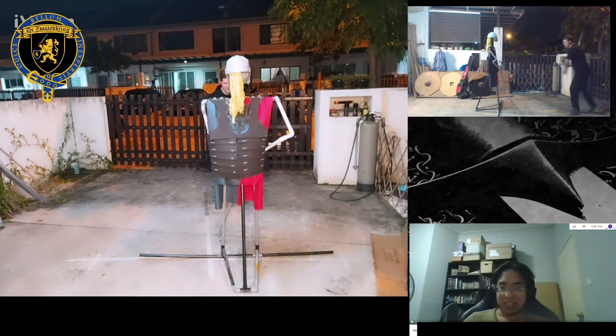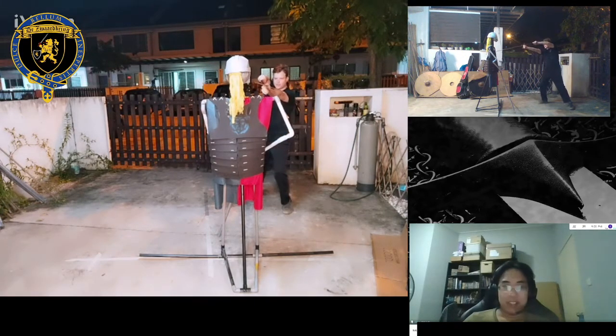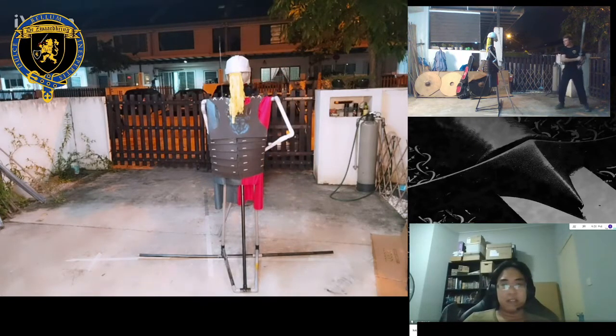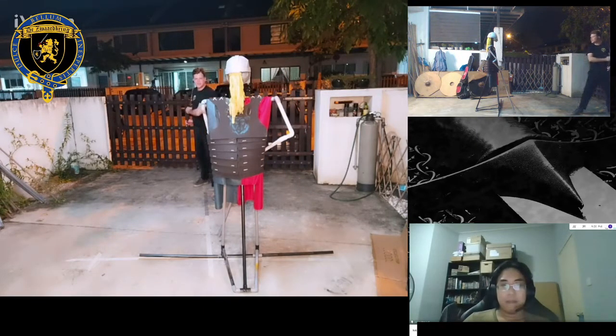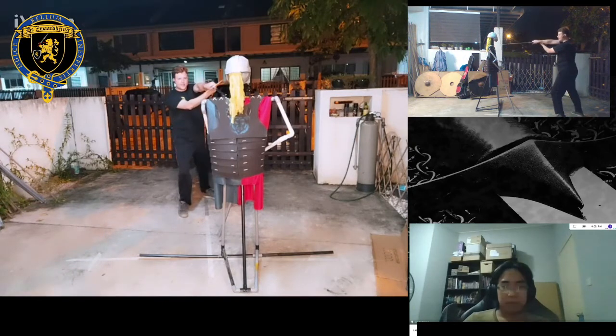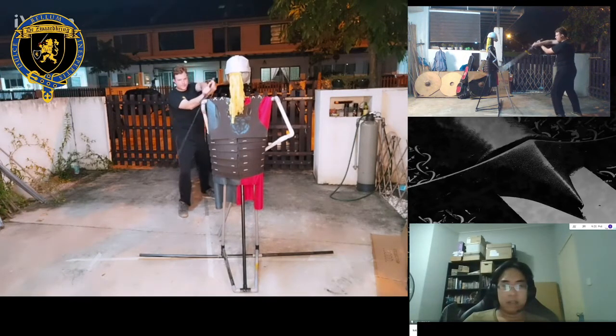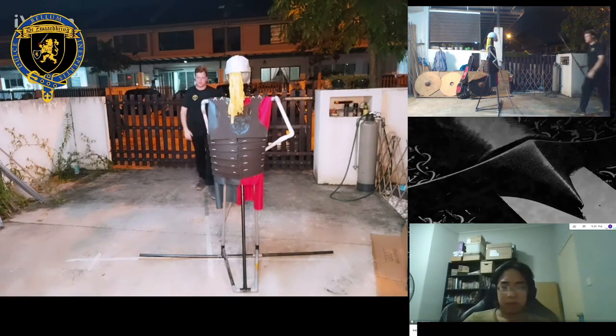Unterhau, let's try. So Unterhau, I cut from below here, and ideally I want to end up underneath his armpit, right over here. And the Unterhau from the other side, you know what, I'm going to sneak a little over the left. I should hit the armpit over here. That should be my target with the Unterhau.